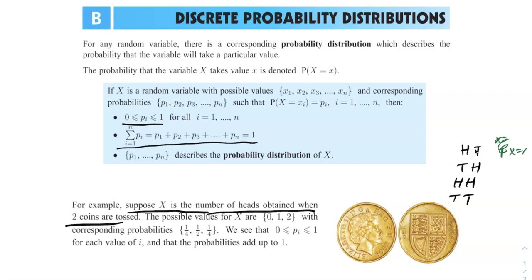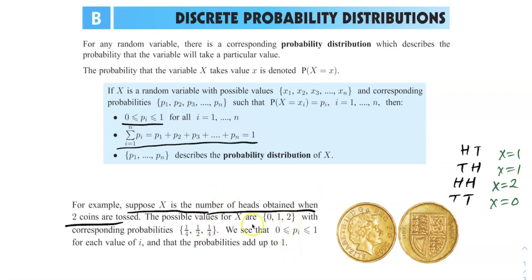Because again, x is the number of heads you attained. So x is 1 here, you got 1 head. On the next one, x is also 1. You're going to get heads once. On the next one, x is 2. And the last one, x is 0. So again, the question is, how many heads did you attain? And your answer could be one of 3 things: I got no heads, I got all tails; I got 1 head, either heads-tails or tails-heads; or I got 2 heads. So that's why x could either be 0, 1, or 2.